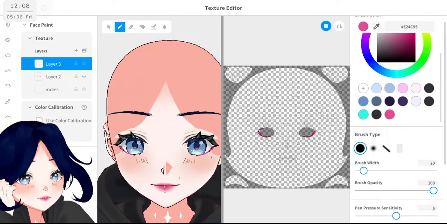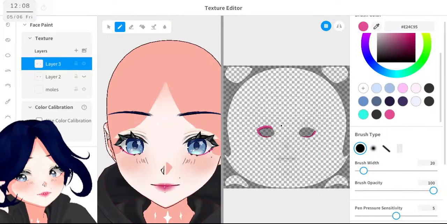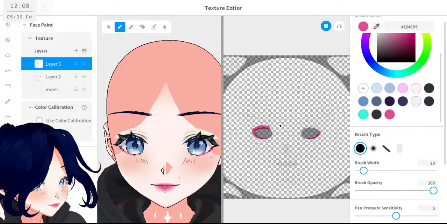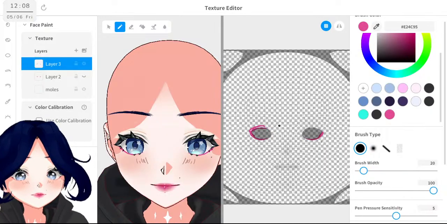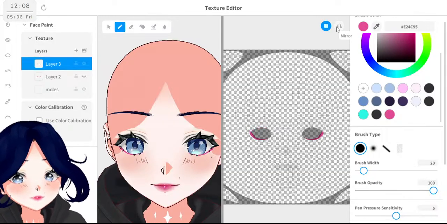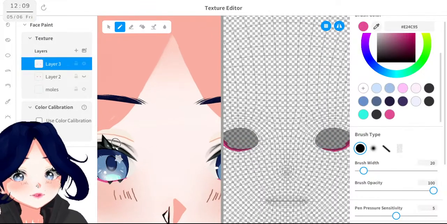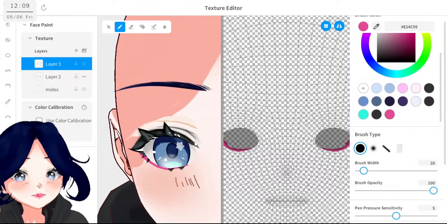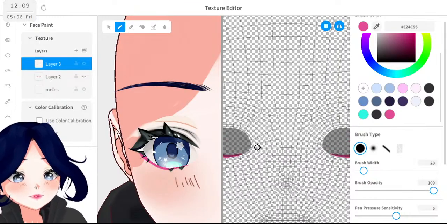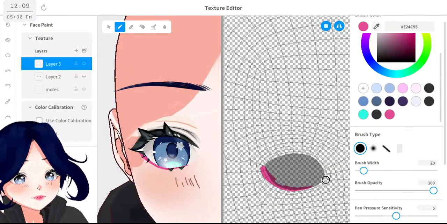But let me add this part here anyways. Okay. I keep forgetting about the mirror thingy.